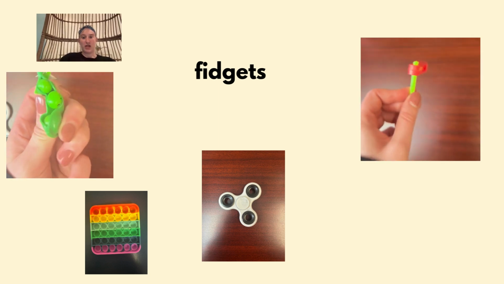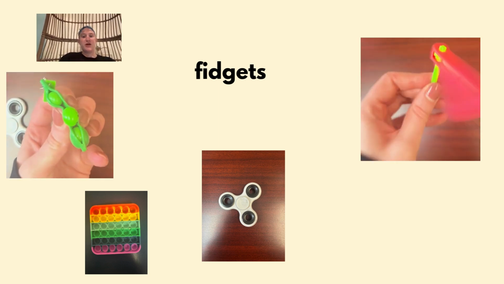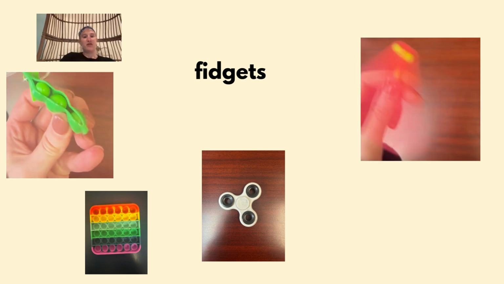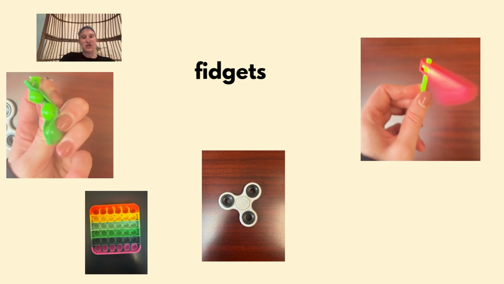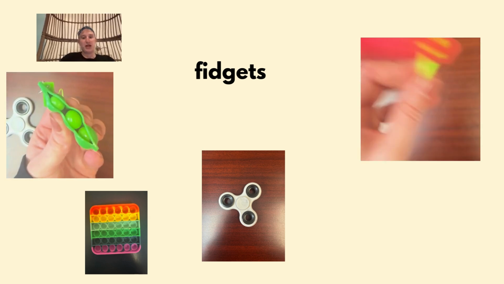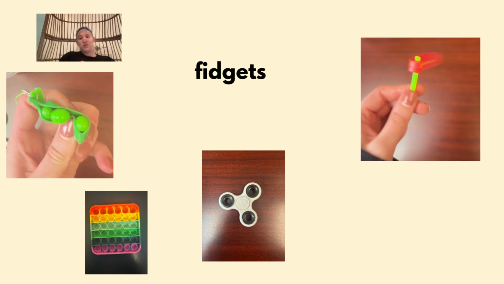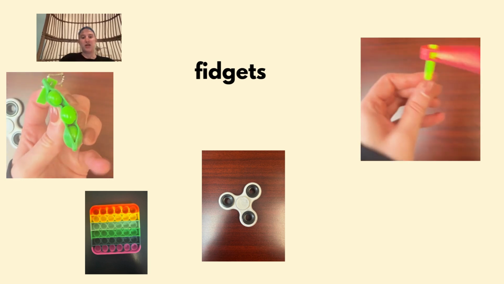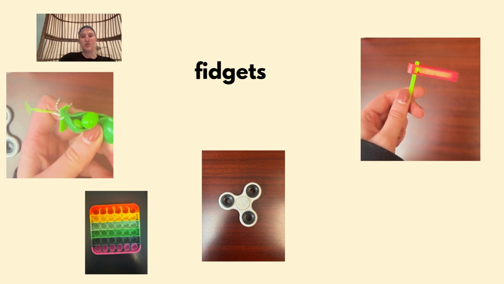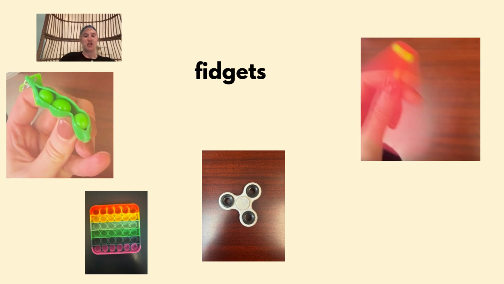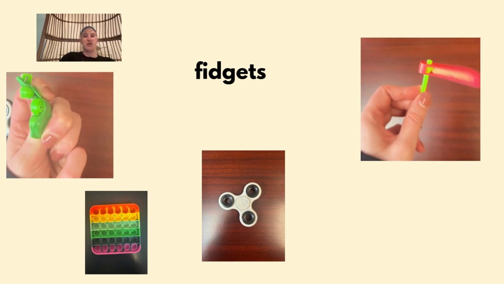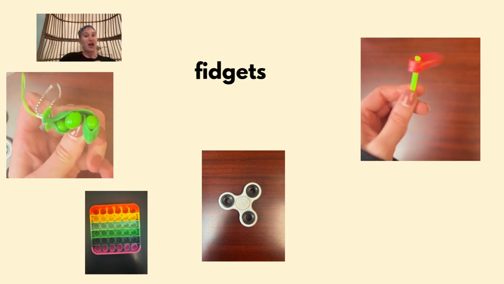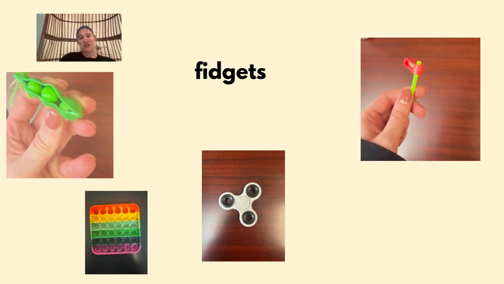The next thing that can help your child with ADHD is fidgets. A simple pop-it, such as the one below, pop-it beans, a little fidget spinner, or this little fidget spinner that makes noises is great for children with ADHD. Using the little pop-it tees or the pop-it square is good for in the classroom, and the other two would be better at home so it's not distracting to the other children. Children with ADHD will benefit from fidgets because they can constantly move their hands while trying to remain focused on the task.